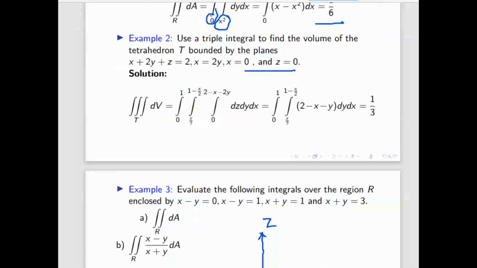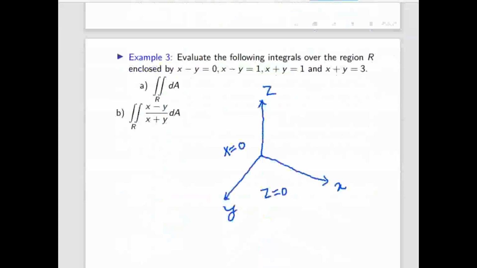Now we'll draw x equal to 2y. How to draw x equal to 2y, that plane? Can you draw the line x equal to 2y in the xy plane? Yes, sir. So I'm drawing the line x equal to 2y. It is passing through the origin, something like this. This is the x equal to 2y line, right? Yes, sir. Correct.